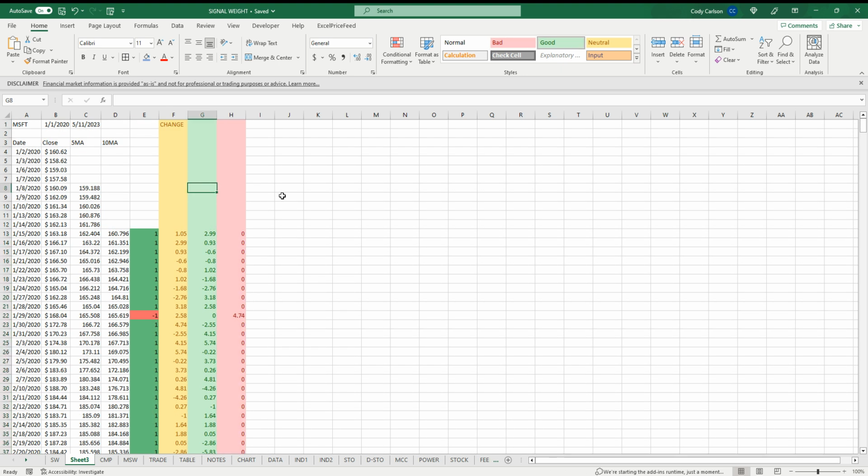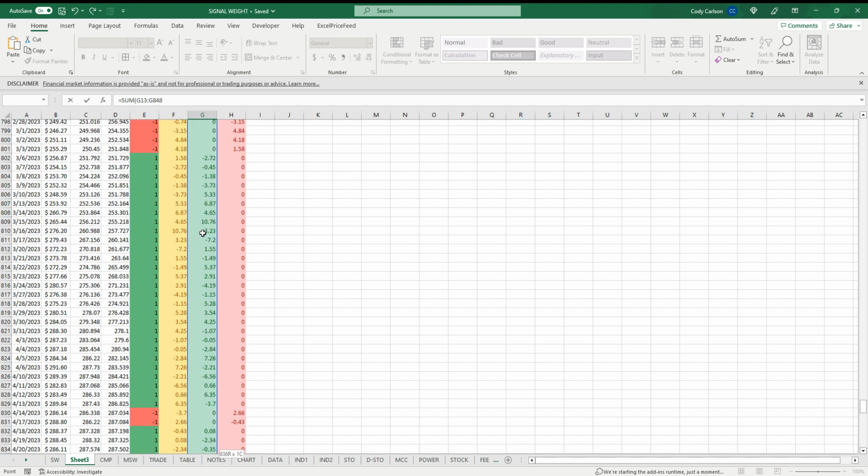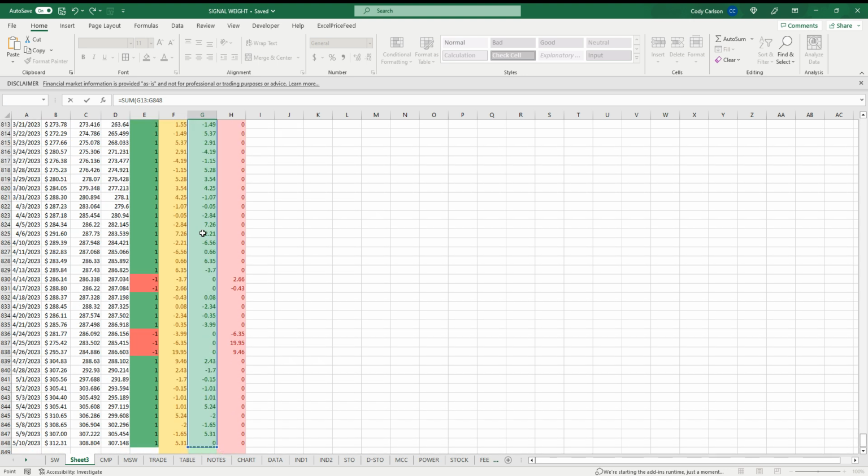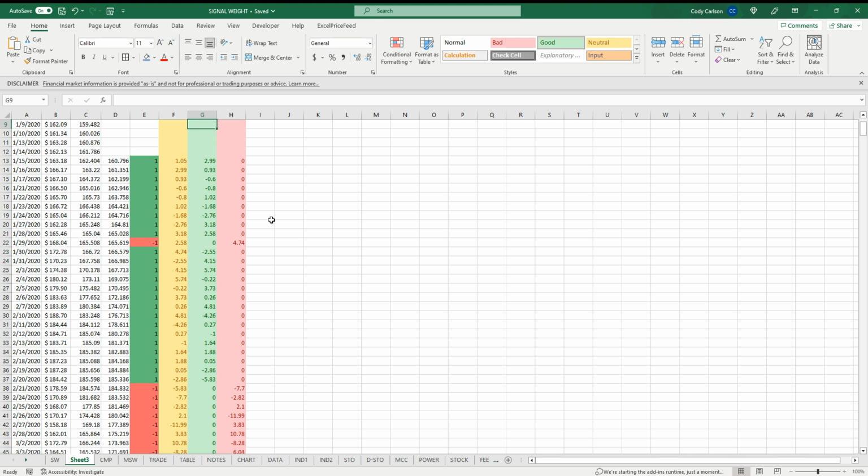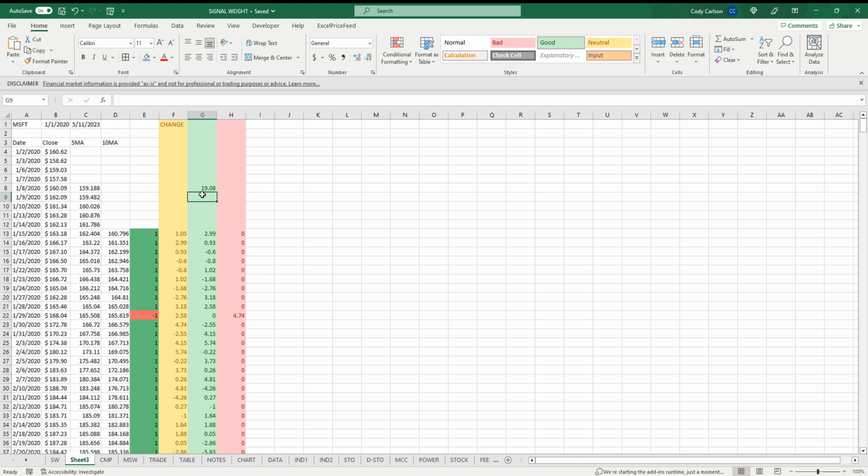And now you could just add it up. You could add it up with the sum function. You say equals sum, open parentheses. Click this and go all the way to the bottom. You can just hold Shift, Control, Down arrow, and it'll bring you all the way to the bottom. Hit enter, and now it's going to show you the sum of all of that. So 19 points over 3 years obviously isn't that great, but